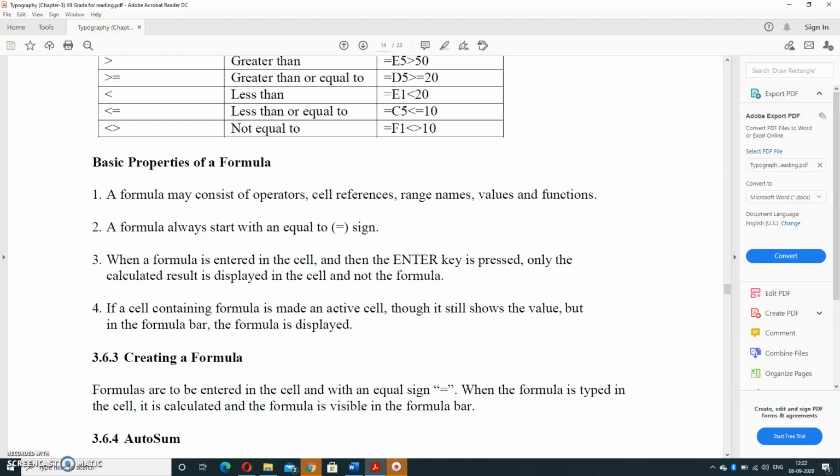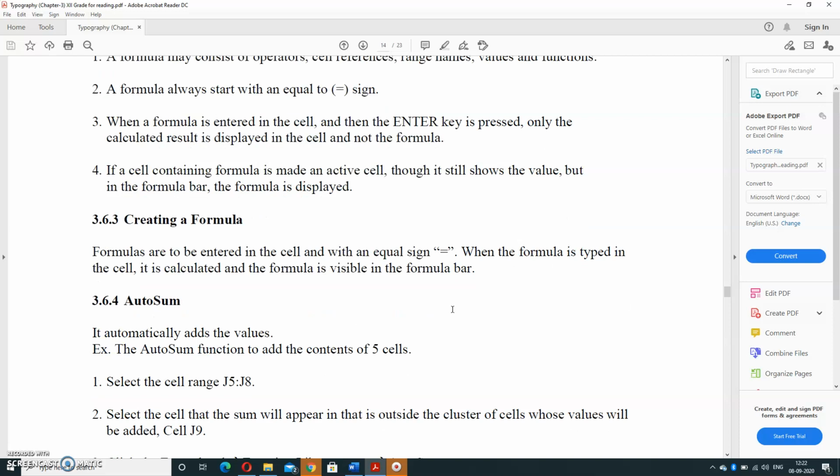And if a cell containing a formula is made an active cell, though it still shows the value, in the formula bar the formula is displayed. Now how to create a formula? Formulas are to be entered in the cell with the help of the equal to sign. When the formula is typed in the cell and it is calculated, the formula is visible in the formula bar.